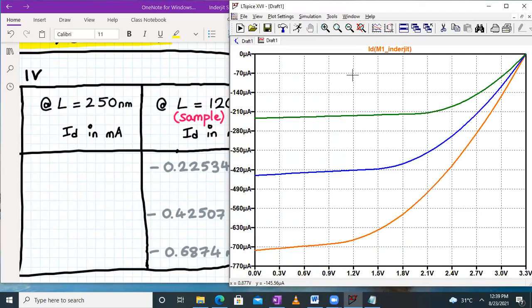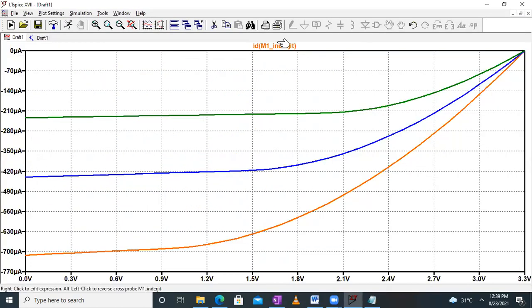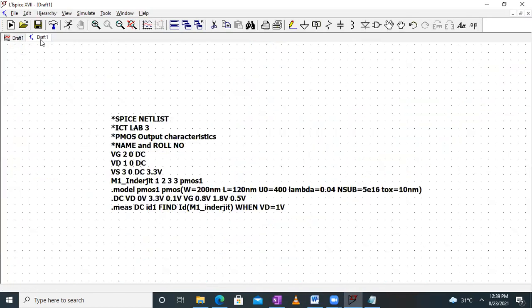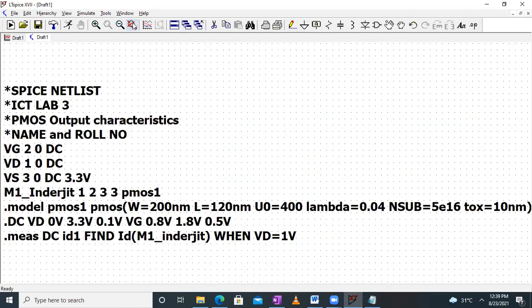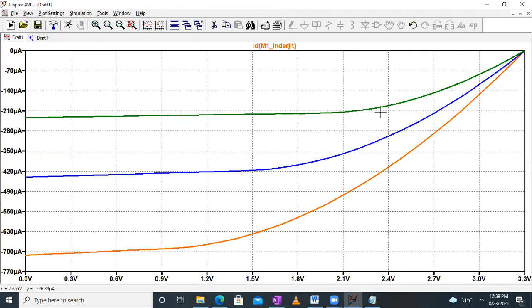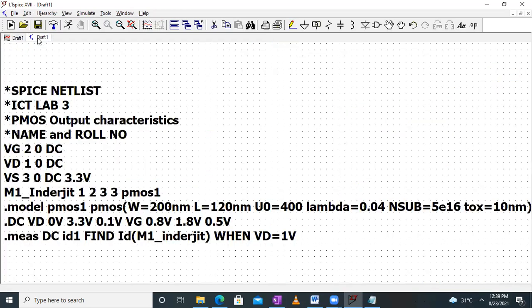Note that for every case, you have to take the print screen of your output, and when you are adding it in your write-up, please mention which case it is and at what particular value we are taking. For the spice netlist, you have to take the print screen only once like this. Whenever you take the print screen, the date and the time should be captured. For the output, don't crop the image. As it is, you have to attach the print screen in your write-ups, so that the date and the time also get recorded along with the performance of the lab.